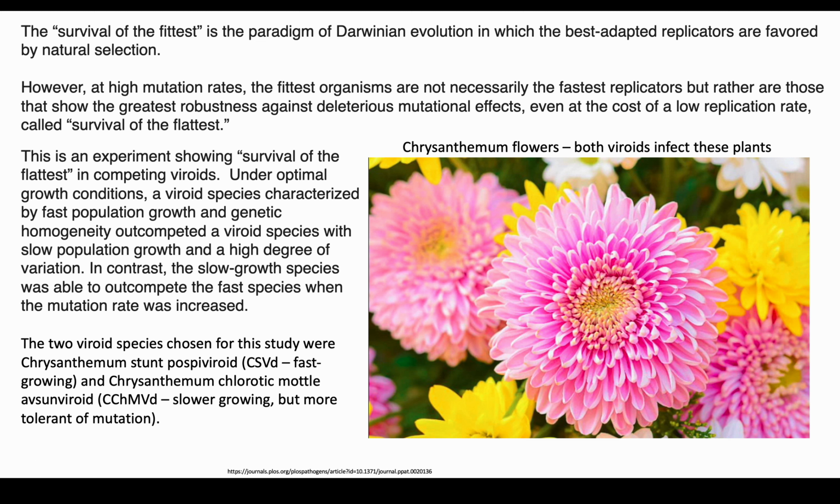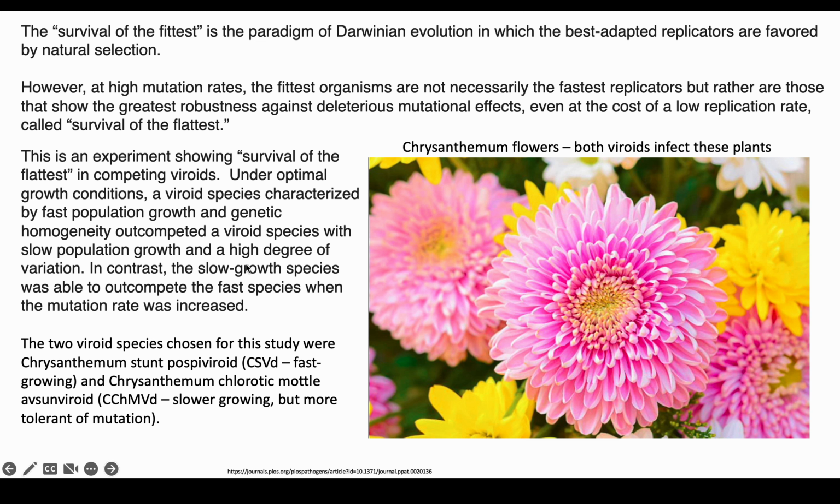And so this is actually an experiment we're going to go through that demonstrates survival of the flattest under certain conditions. And it does it with viroids. And so you remember viroids are just circles of RNA that fold up. They have a nice, strong secondary structure. And they're going to be copied by the host cell. And then they're going to contain a ribozyme inside them that is either going to cut apart the RNA or join the RNA together after the cell cuts it apart.